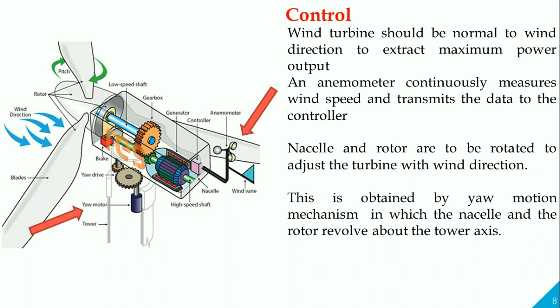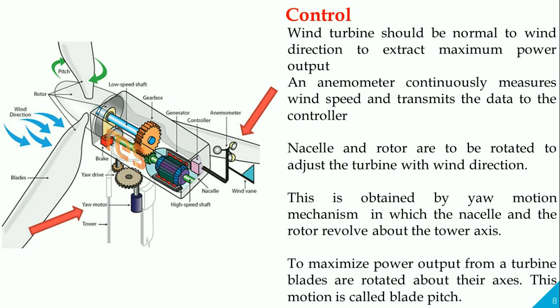Similarly, to get the maximum output from the wind energy, the blades are also twisted in order to reduce the relative velocity angle with the wind direction. This is what we call pitching of the blades. In this way, with optimal conditions, we want to harness the wind energy to the full extent.